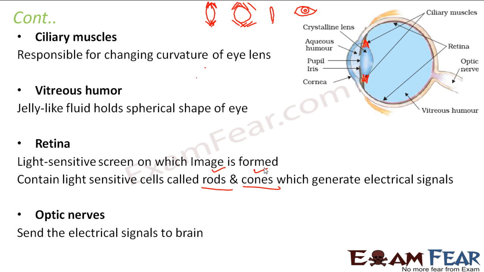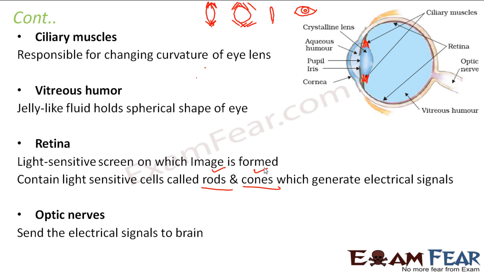Thereafter, you will encounter the eye lens, which will form the image, because when light rays fall on this eye lens, the image will be formed. It will make sure that the image is formed on the retina. In order to make sure that the image is always formed on the retina, there are ciliary muscles whose contraction and expansion will change the focal length of the lens. So the lens will change its focal length depending upon the distance of the object. Then comes the vitreous humor, which is a fluid-like structure that controls the spherical shape of the eye.